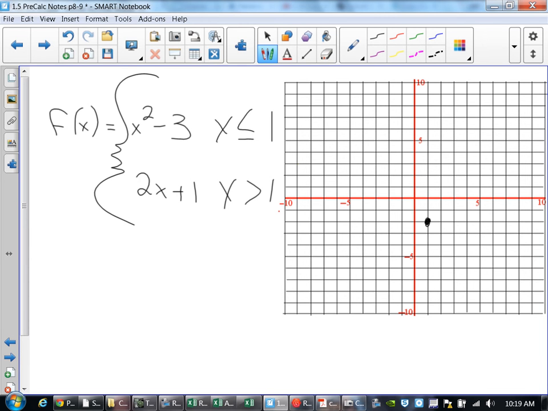Now, that means which direction of the number should I be picking? Negative. Well, what's the next number? 0. What's 0 squared? 0. What's 0 minus 3? -3. If you remember the axis of symmetry, this one is symmetrical about the y-axis because there's no x term there. It just has a y-intercept of -3. So I know the next point would be at